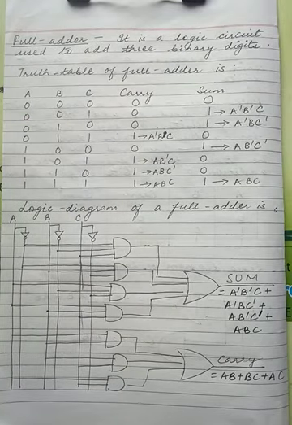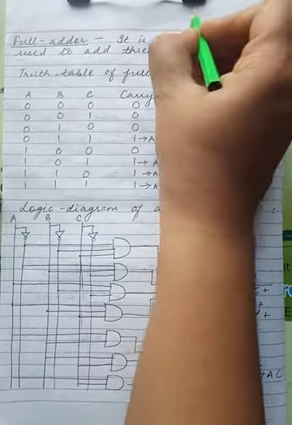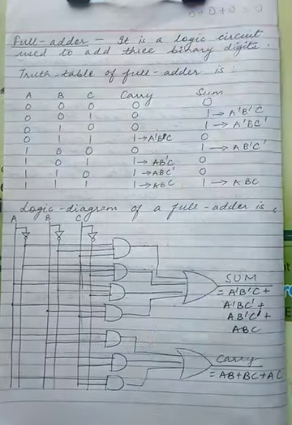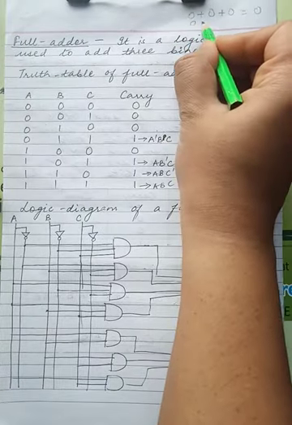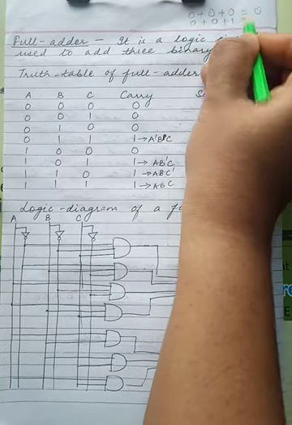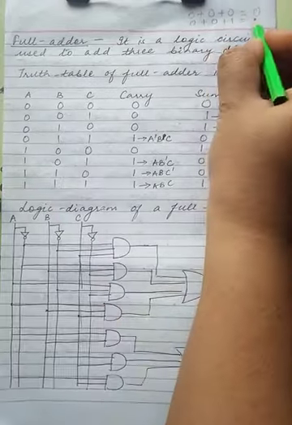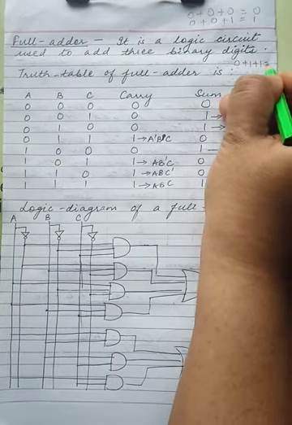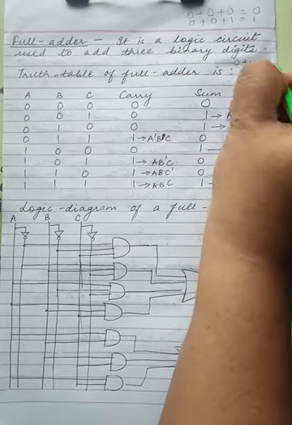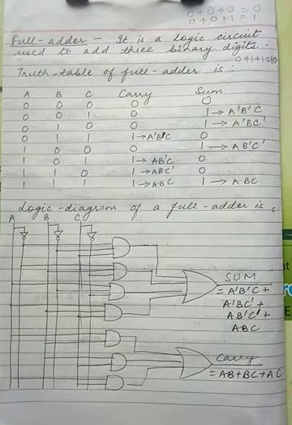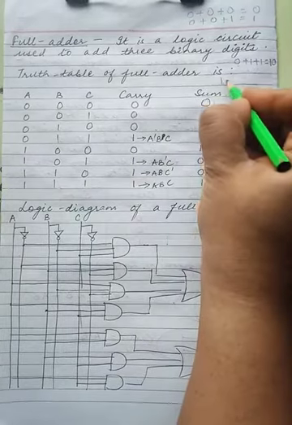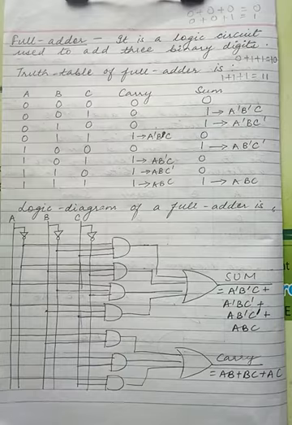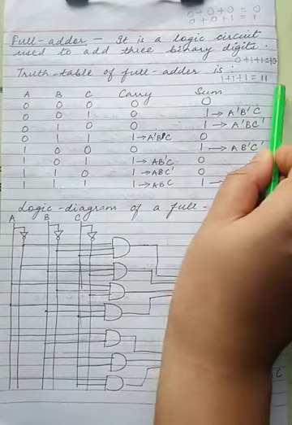You must have done binary addition in your earlier classes. When there are 3 zeros, you get a 0, isn't it? When there are 2 zeros and one 1, when you add these 3 digits, you get 1. When there are 2 ones and another 0, you get 1 as the carry and 0 as the sum, isn't it? This is what we are doing here. And when you get 3 ones, then the output is 1, 1, where 1 will be carry and 1 will be sum.